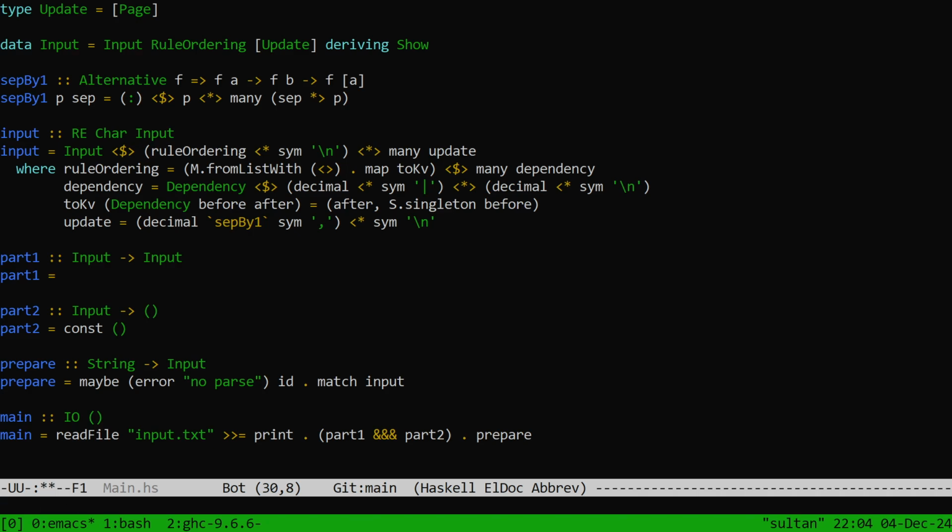We're supposed to calculate the ones that are correct or aren't: the middle page number from correctly ordered updates. So I actually want to return an int here, is some map middle page filter valid update